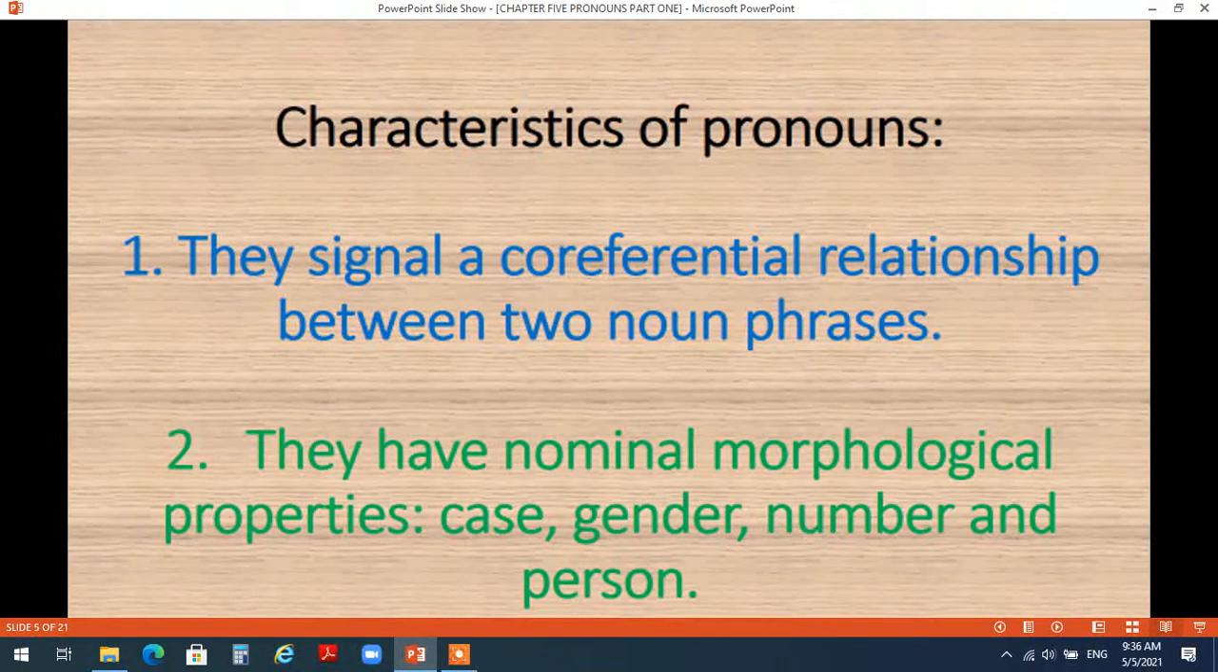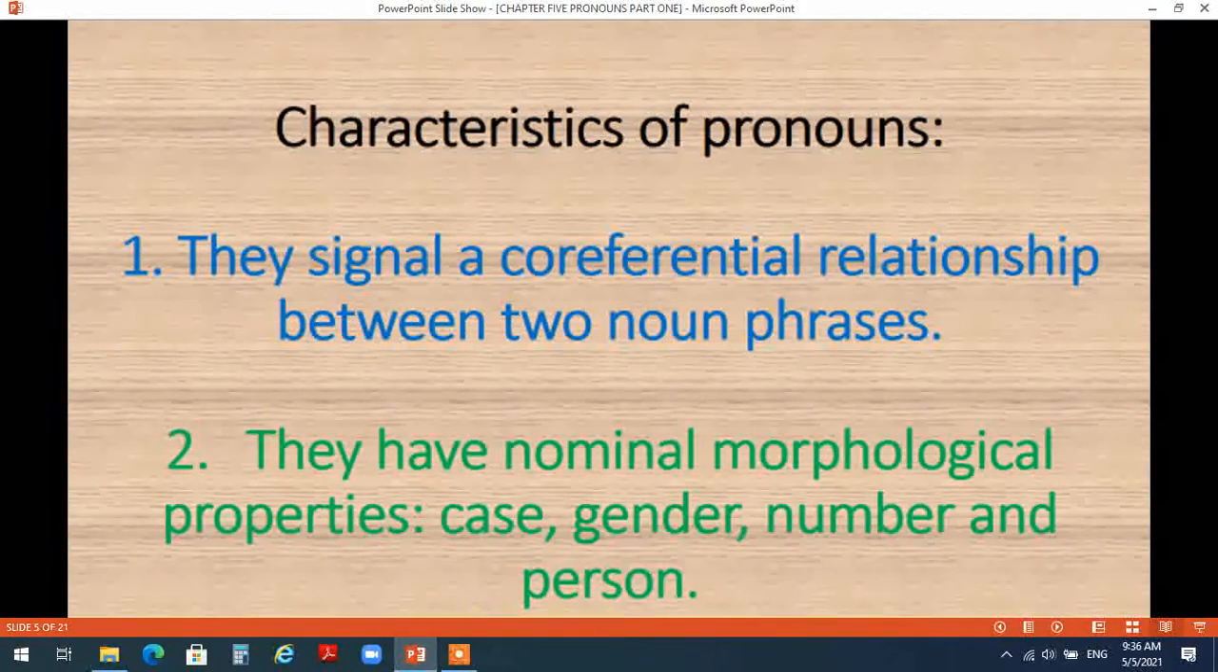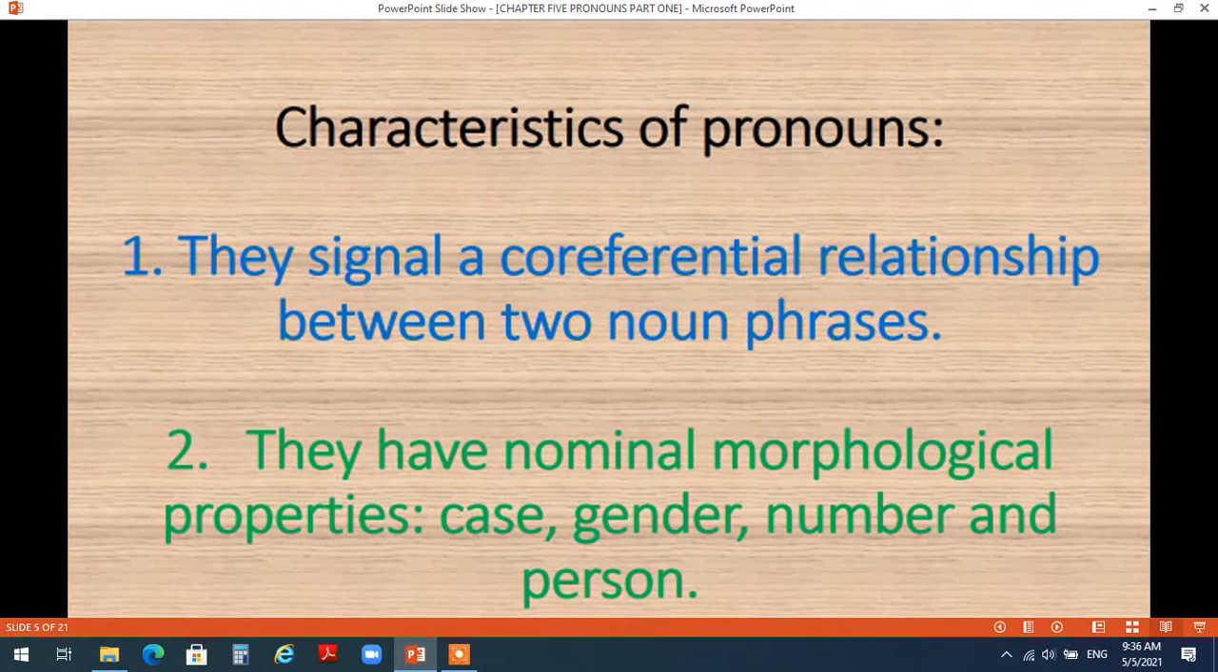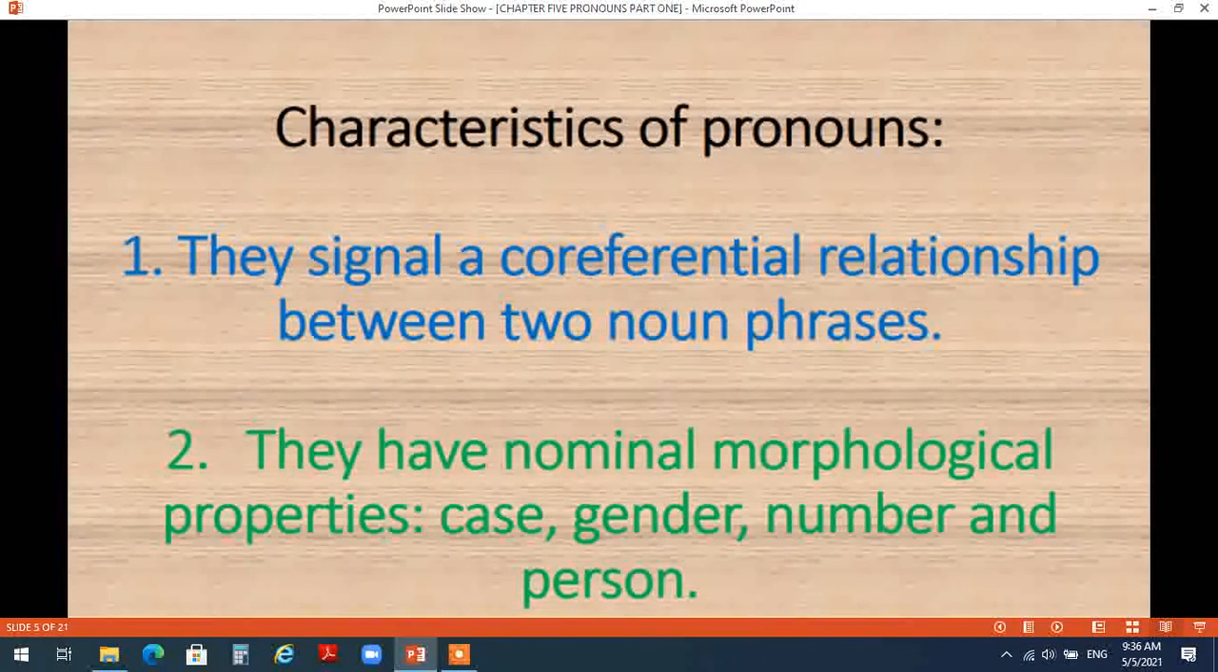Number 2. They have nominal morphological properties which are represented in case, gender, number, and person. إذن تمتلك الضمائر خصائص صرفية. Morphological properties معناها خصائص صرفية. ما هي هذه الخصائص التي تمتلكها الضمائر واللي أيضا هي تمتاز بها الأسماء كذلك؟